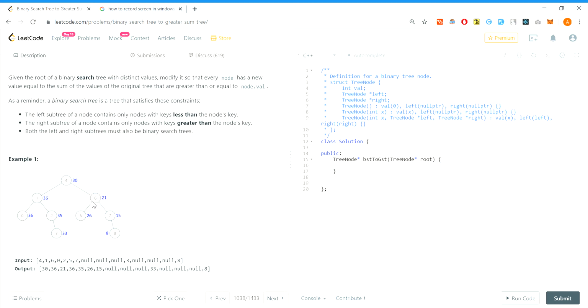Like here, if it is 6, and we have to find the sum of all the greater node values, then we know specifically that all of them will lie on the right side, because that is the BST property. And yes, so they will be lying on the right side.